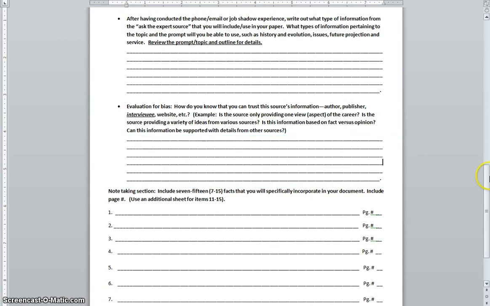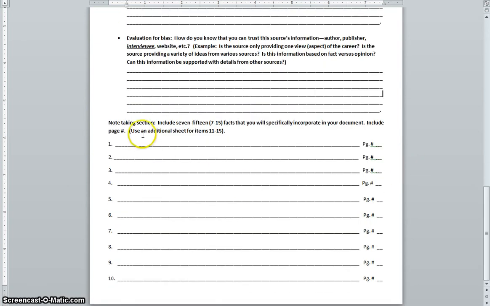So again, you're answering all these questions, filling in all the lines that you can in order to have a very strong answer. For the note-taking section, you will not need to include page numbers, so you can cross that part off. The only reason you would need a page number is if your source gave you some type of secondary source, a periodical or a website to go to, and you used that information and wanted to cite some notes from there. But otherwise, if it's information given directly from the interview, then you won't need to use the page numbers. But you should have at least 7 strong facts. Remember, the cap is 15 really great details and information that the person gave you.